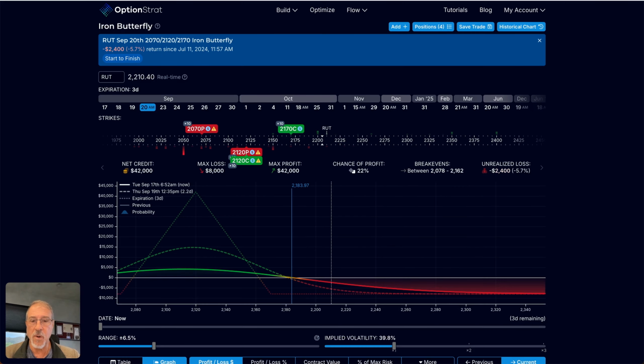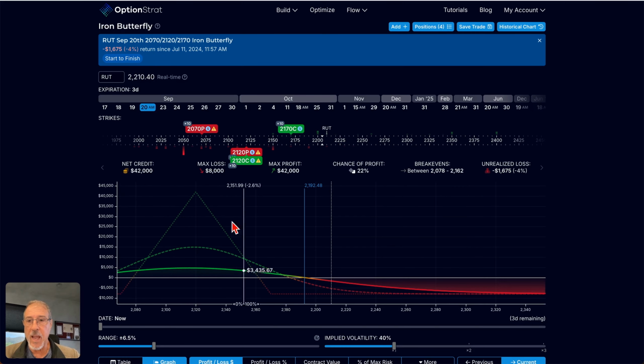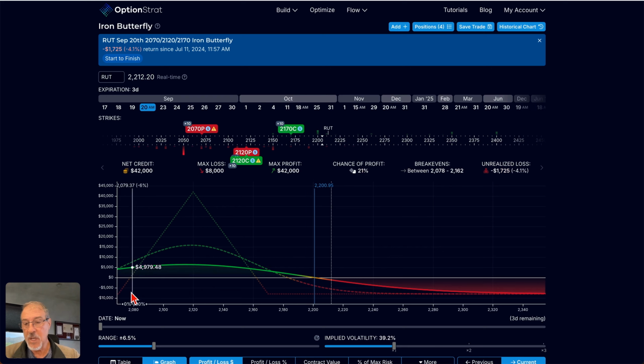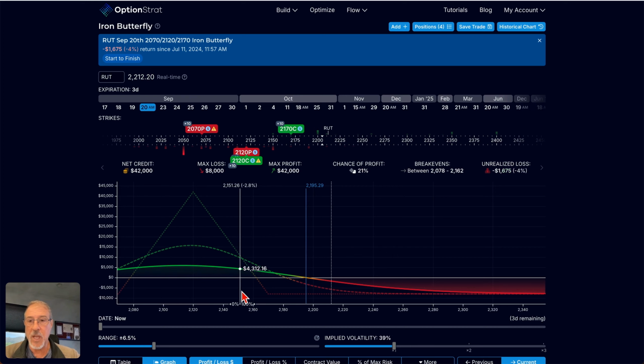Let's actually start with this one. This is the butterfly as I originally put it on back on July 11th. And you can see that this only had a 22% chance of profit. That's because, while this butterfly covers a moderate range, the market could easily be outside of that range during the time of this butterfly. I mean, this thing was open for, let's see, July to August. So this was open over 2 months. And again, the market can move a fair amount during that 2-month period,